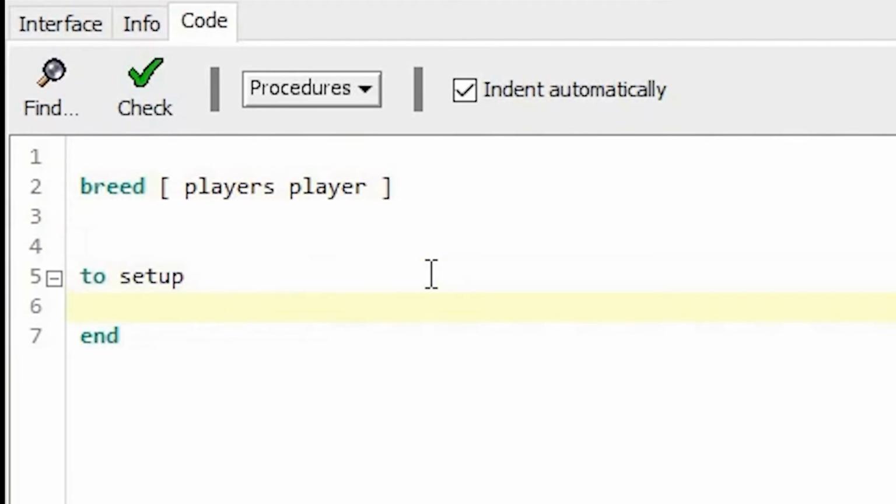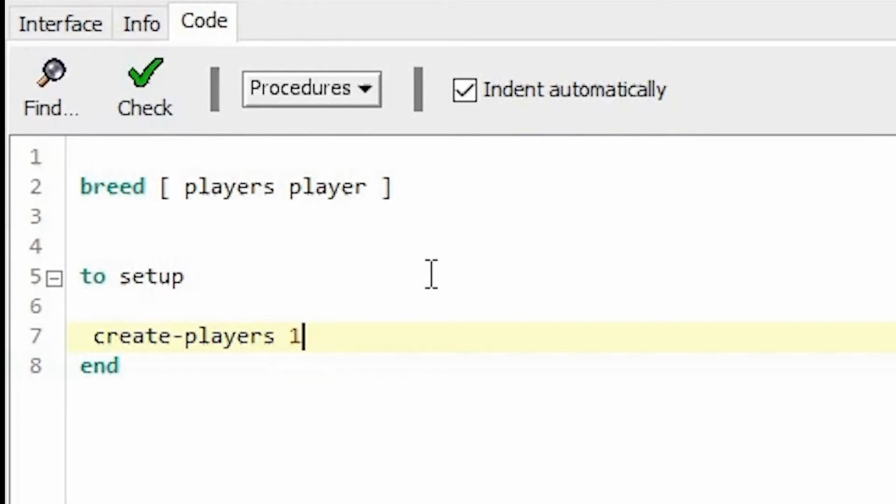And now I'm going to say in the setup, I want to create a player, which in this game is the green color aircraft. So what I can do is I can say create players, but I want only one player.